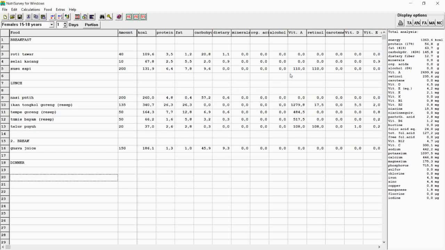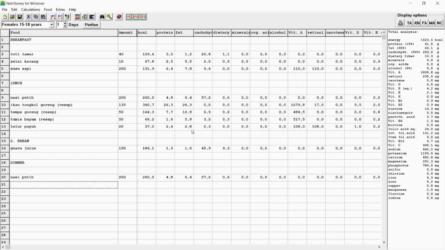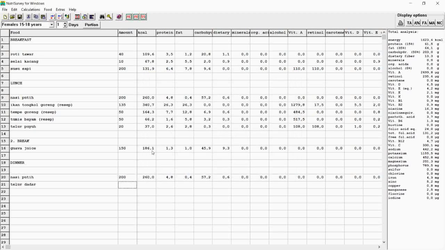She ate white rice. We type nasi putih, 200 grams, and a half of an egg, which is estimated at 30 grams.